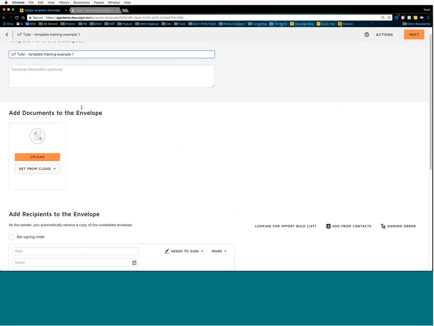Okay. Template description is optional, but there are users on your account that might need to go into your template and make edits in the future. Say you're out of the office for a week and the form has updated. Well, we want others to be able to know how you built your template and maybe some of the thought process that went into it,